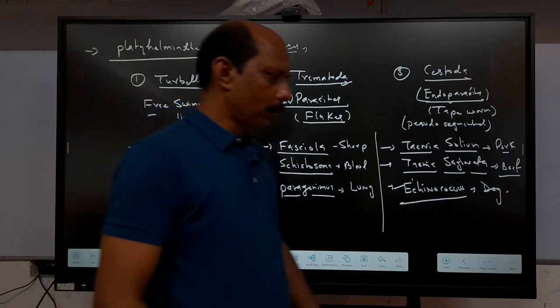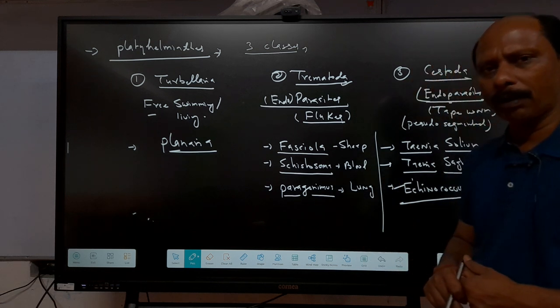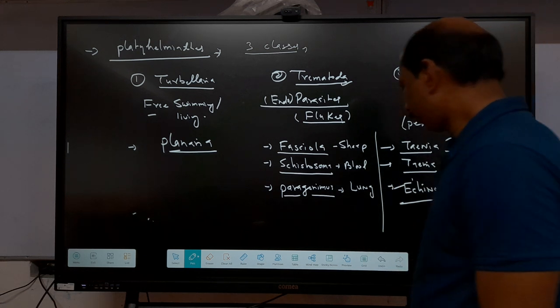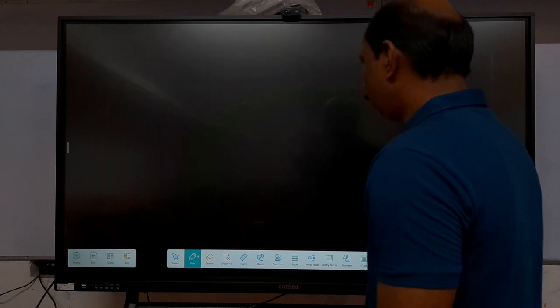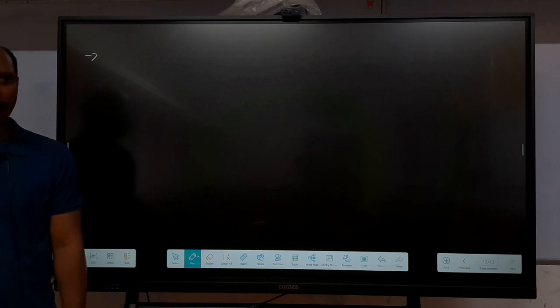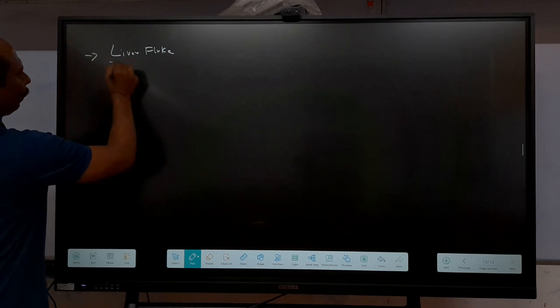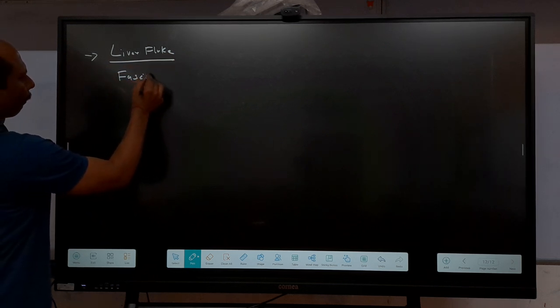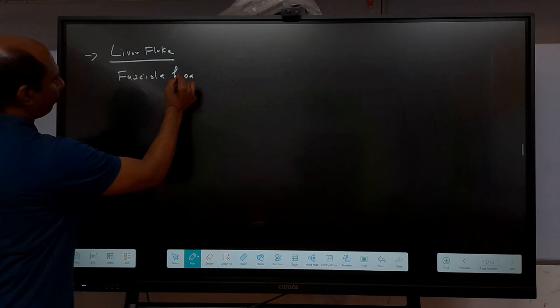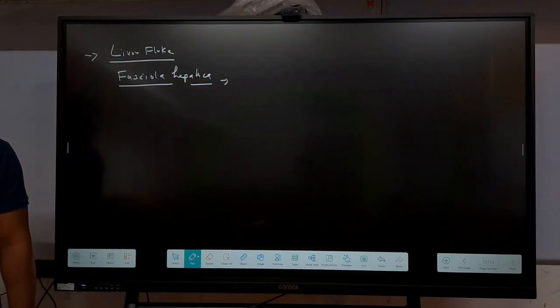Now we are talking about some examples of larva. Here in NCERT it is given that different types of larva are present in different organisms. When we consider the larva, we have Fasciola hepatica, that is liver fluke. Fasciola hepatica has 5 larval stages, because how many hosts are there? We know it has